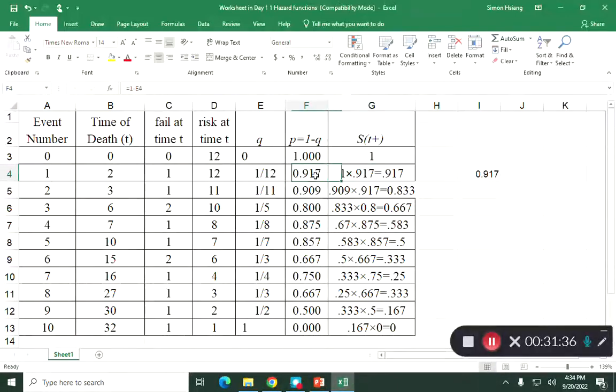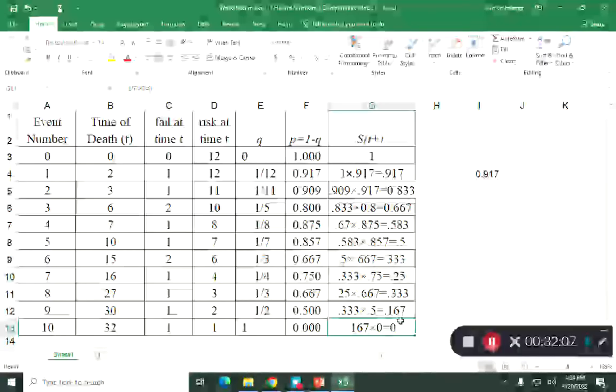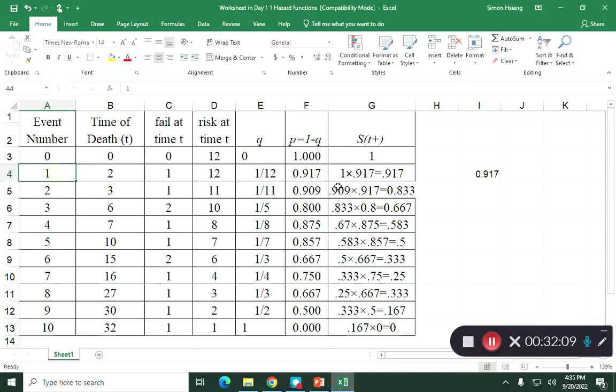Because this number, people think about it. If here is 11, the denominator is getting smaller and smaller, right? Because we have more and more people die. And so this number is getting smaller and smaller. When you multiply a very, very small number by a very, very small number less than 1, this number will shrink until almost 0. Means that there's nothing left. Okay, so by looking at this,